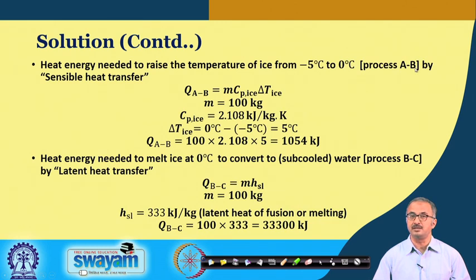This is the process AB in the diagram. So here Q_AB, that is the heat energy during the process A to B, we have the mass of the ice, then Cp, that is the specific heat of the ice, and the delta T ice is the temperature difference of the ice. So we put all the values given in the problem, and this value we get from some data source, and here the delta T ice is the final temperature minus the initial temperature. So this is 5 degrees centigrade, and so we can find out Q_AB by putting these values, and this is the value of the sensible heat required to heat up the ice.